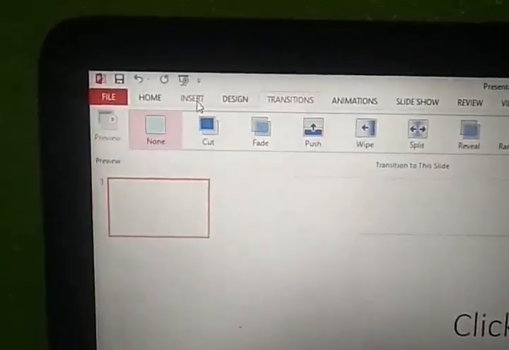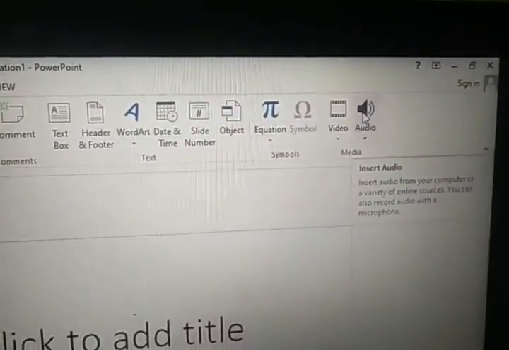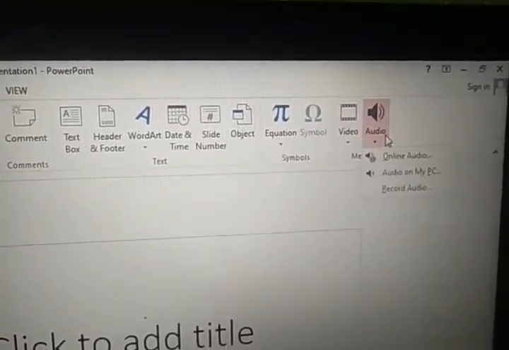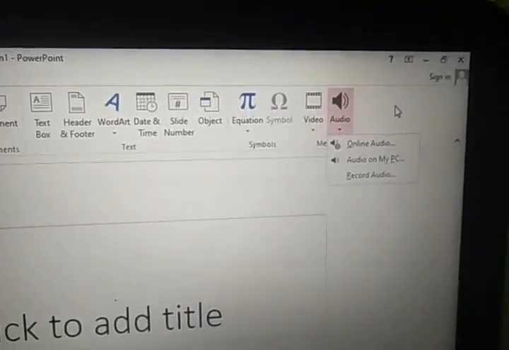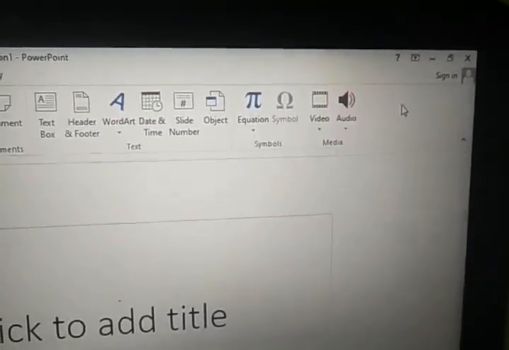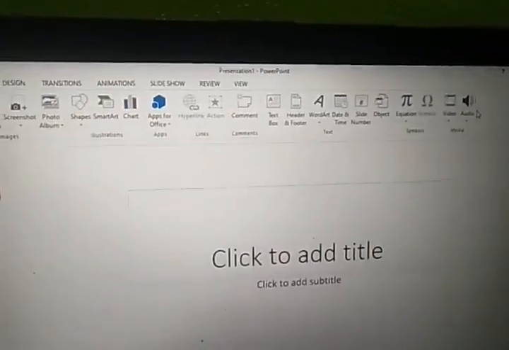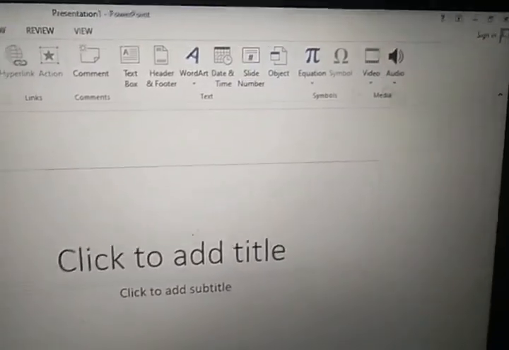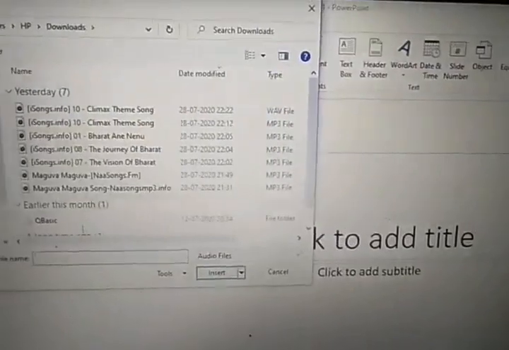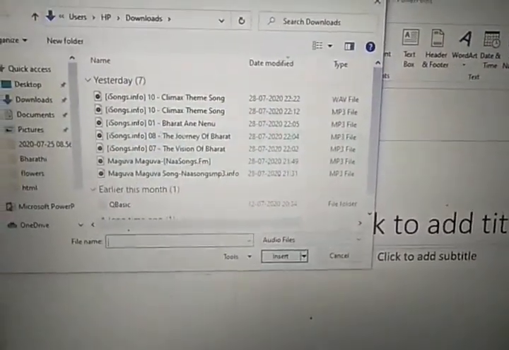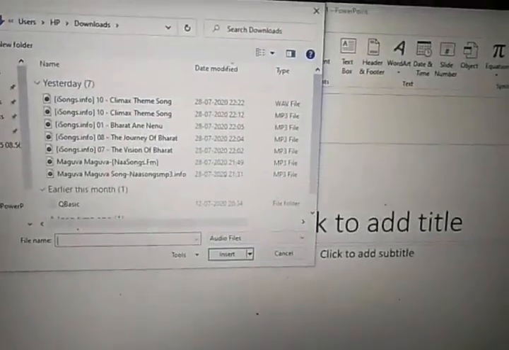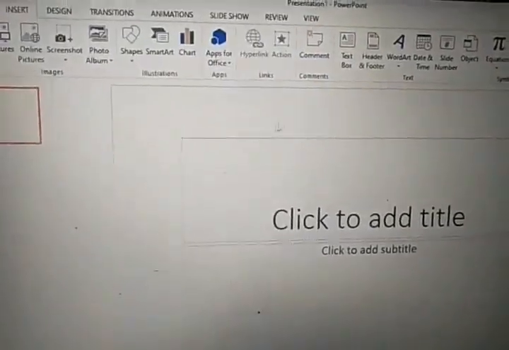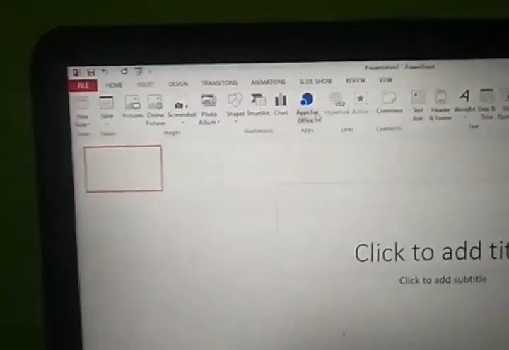Okay, so in insert we have this audio. See here, in 5th class we have learned to insert video and audio. So this audio also we can insert. If you download any audio file, MP3 file, that you can add here, that you can insert here. Okay, when you click on this audio, you will get the audio files here. So I downloaded some audio files here to show you. So from those files we can select any one and we can add here. Okay, now that also I will show you. Okay, let us start here.